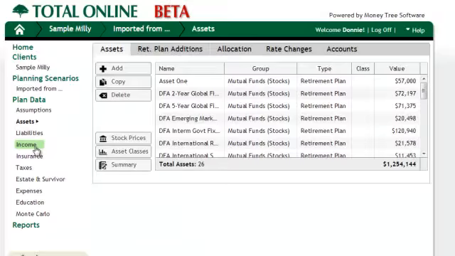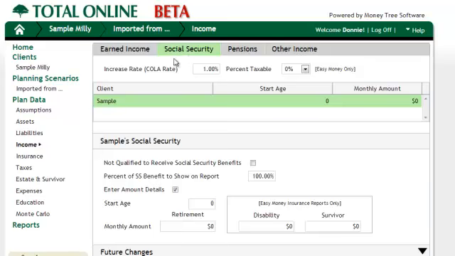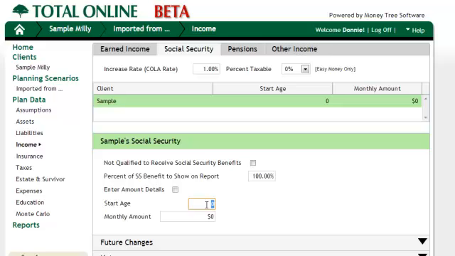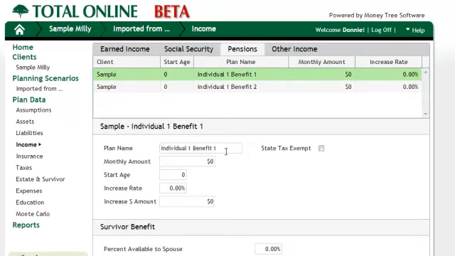I need to go in and add my Social Security benefits for this client. She's already retired, so she's already receiving her benefits. She also has a pension that I'm going to go in here and add. This is widow's benefits from her husband's pension. And then this client doesn't have a whole lot going on. We're going to go into